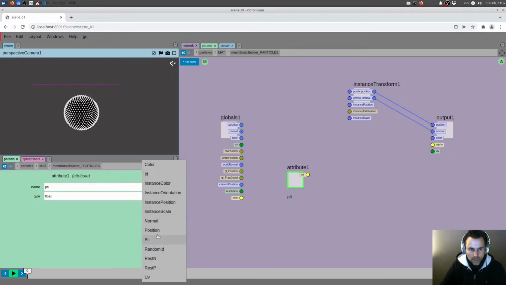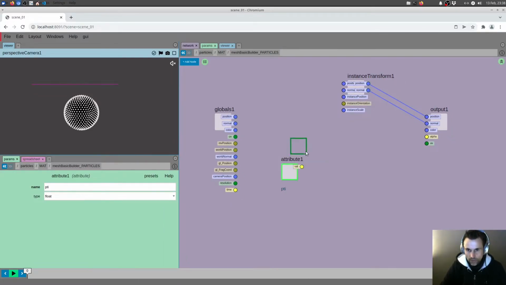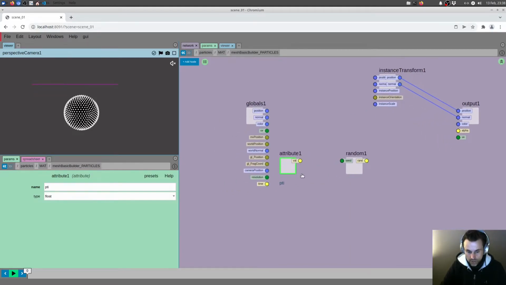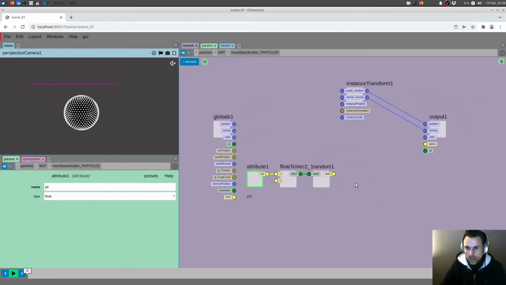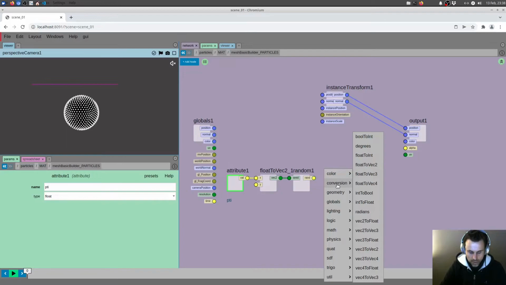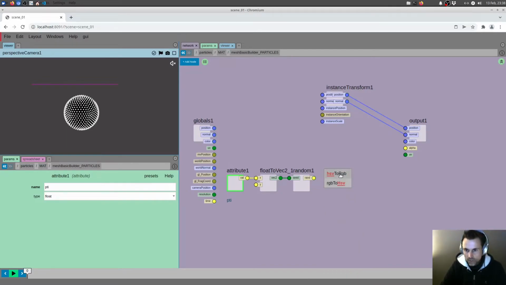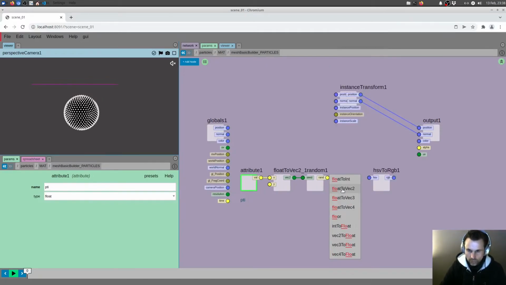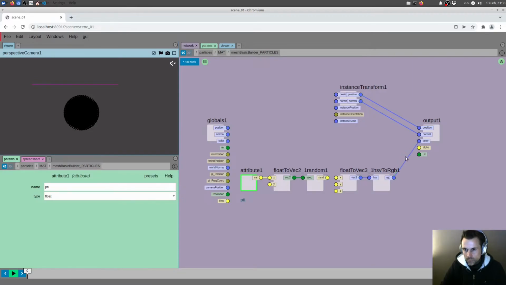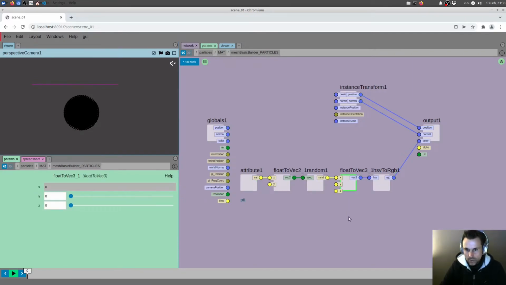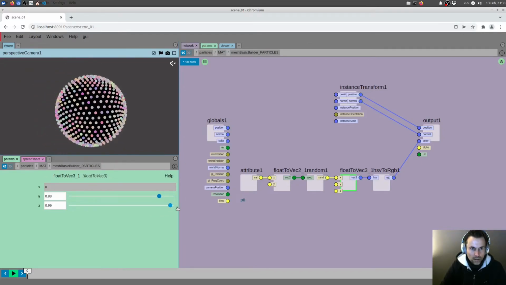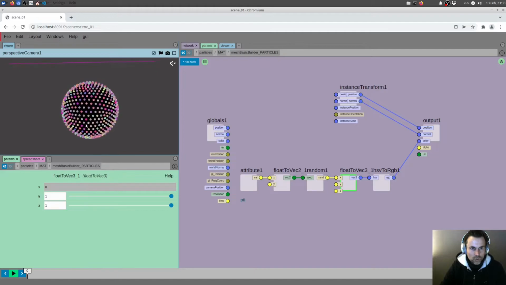Attribute PTI, and if I put that into a random, after converting it to a vector 2, float to vector 2, and now if I put that into an HSV to RGB, first I'm going to convert that to vector 3, float to vector 3. They will be black because I need to increase those values here. That should do,